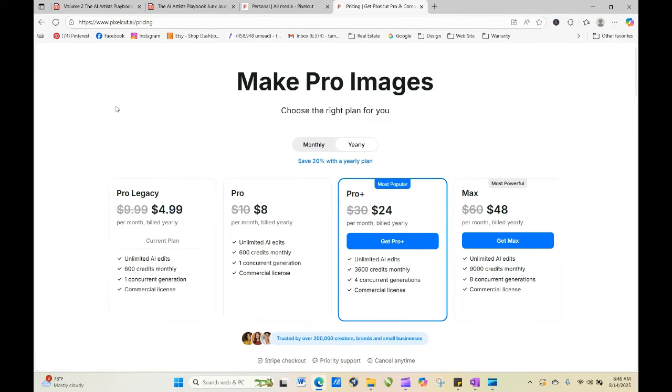I'm Tammy, and today I'm going to be exploring one of the tools that I use for my digital product creation, my clip art, all of that sort of stuff. I do not use the AI generator that is available inside Pixelcut, but I am going to be talking about